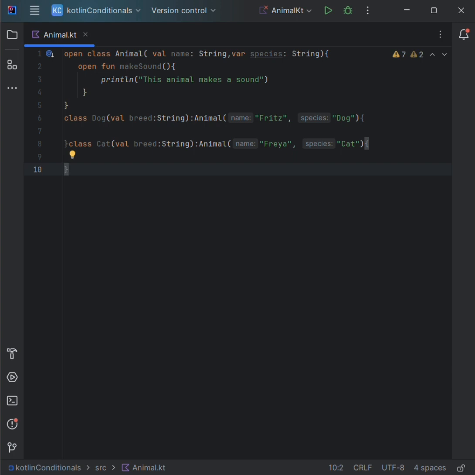Now we put a function for the subclasses. We use the override keyword to override the function in class Animal. By doing this, instead, this animal makes a sound is going to be printed.